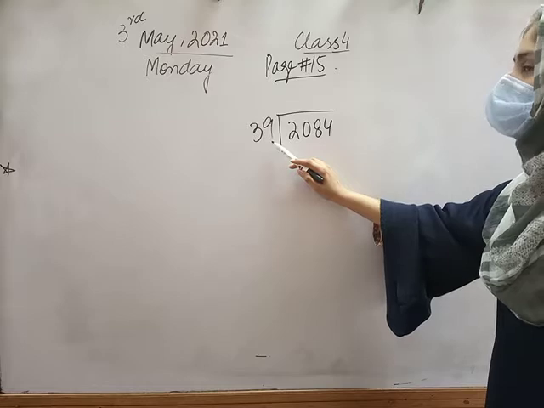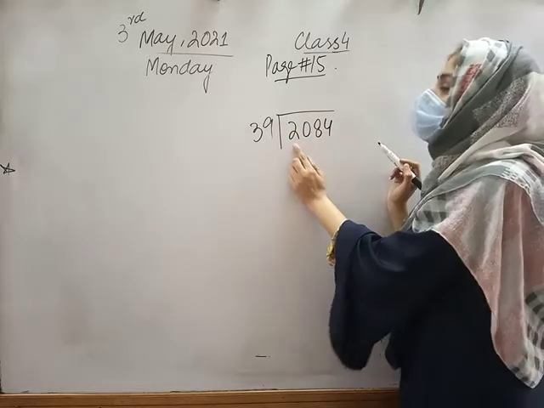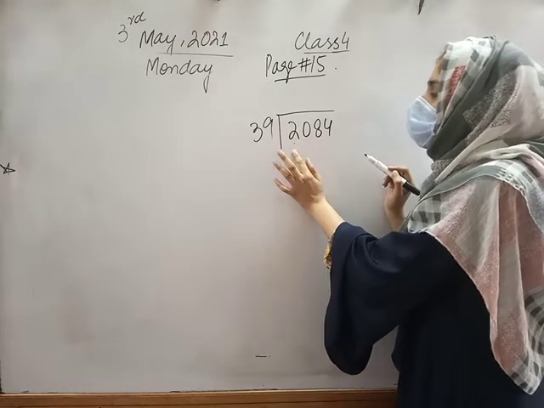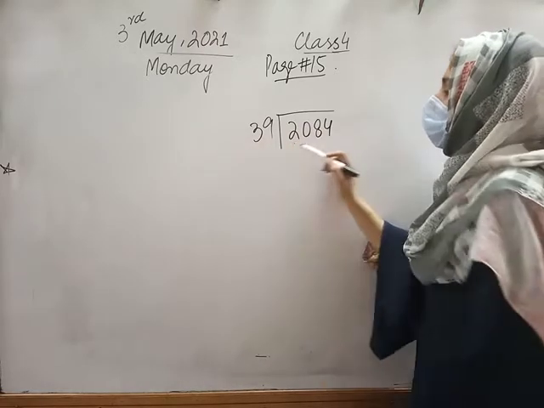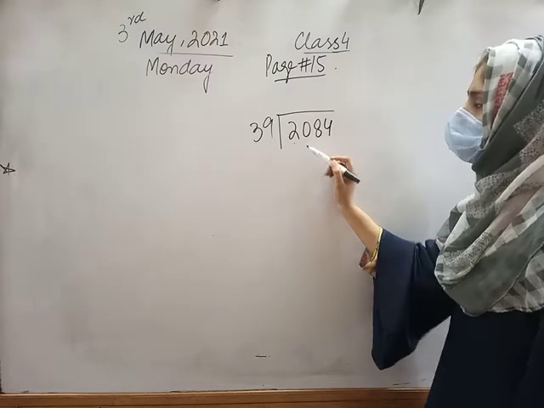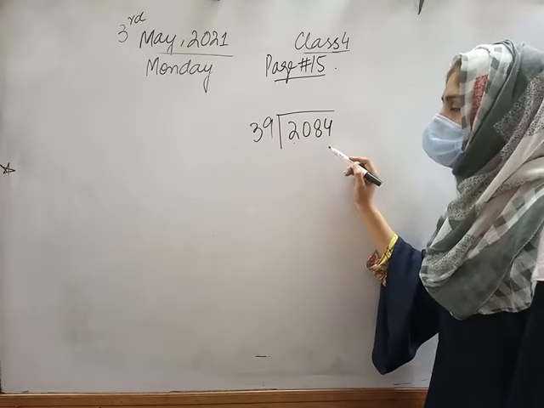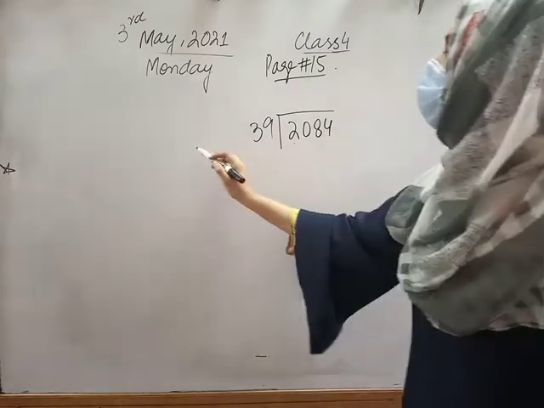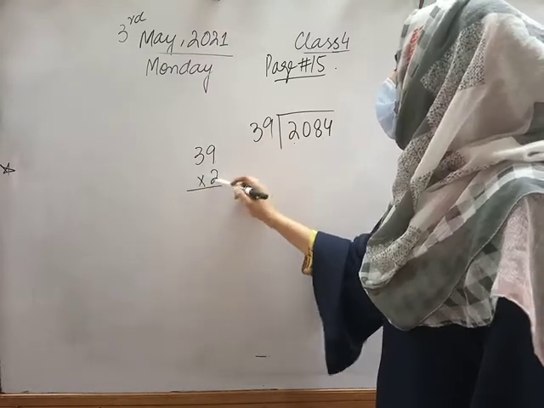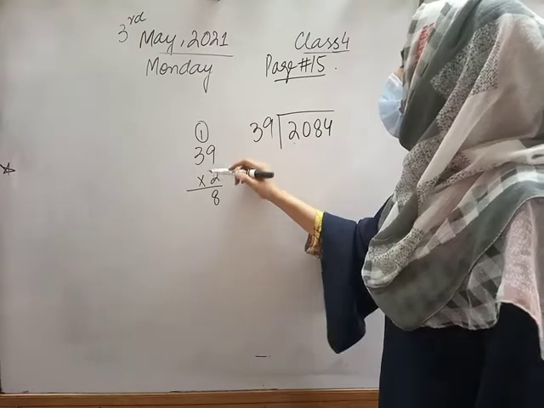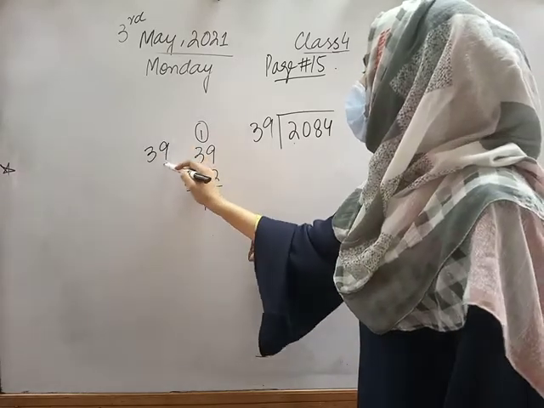We will read the table of 39 and make the number which is nearest to this. If we take one number, it is not divisible by 39 because it is smaller than 39. If we take 2 digits, it is still smaller than 39. So we will take 208, a 3 digit number. Now I will read 39. 9 2 times 18, 1 carry, 3 2 times 6 and 7. It is too small. We try 3 times.